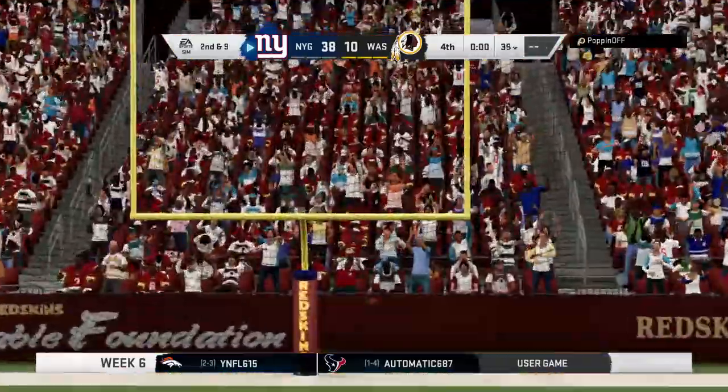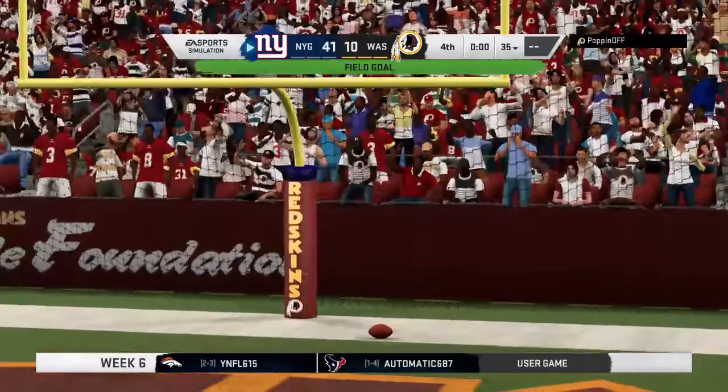And the kick is good. So you wonder how this one might be remembered the next time these two